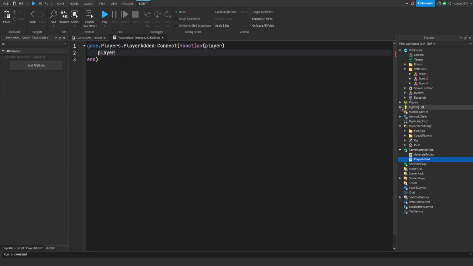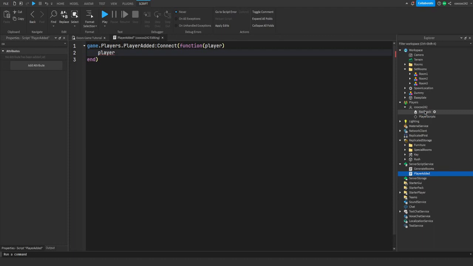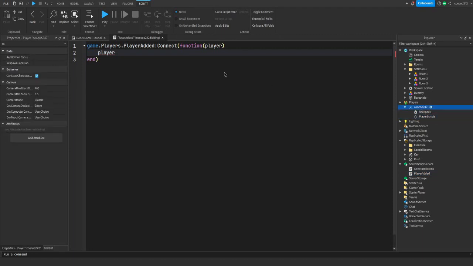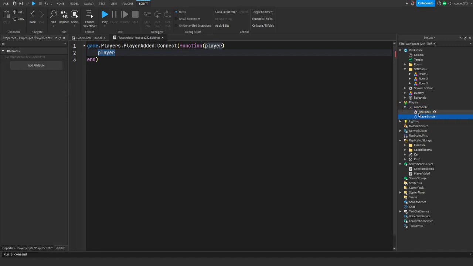So like if we go to players here, basically when I join, I'll have a backpack, player scripts, and all that stuff. When I put player, it's basically referencing my username right here, and I can access any of the contents inside of me. So it's pretty handy, so we know that we're talking about this player and we don't have to figure out which player just joined. So with this, we can add something into the player, which is going to be a